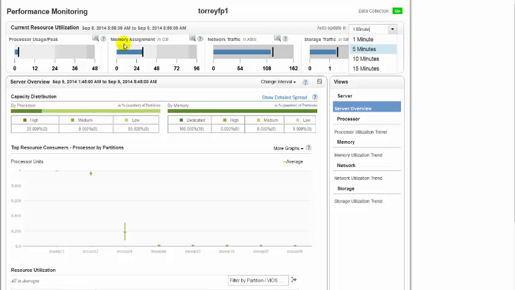So the graphs under these sections would be updated automatically at the frequency of the time interval which is selected here, or which is specified in this auto update field. So 1 minute or 5 minutes. If you observe, the screen would be refreshed every 1 minute.